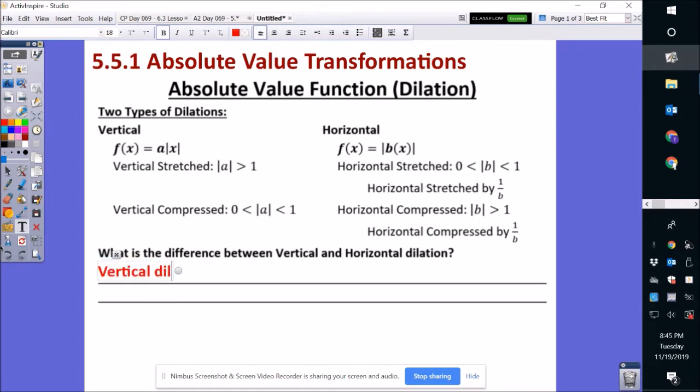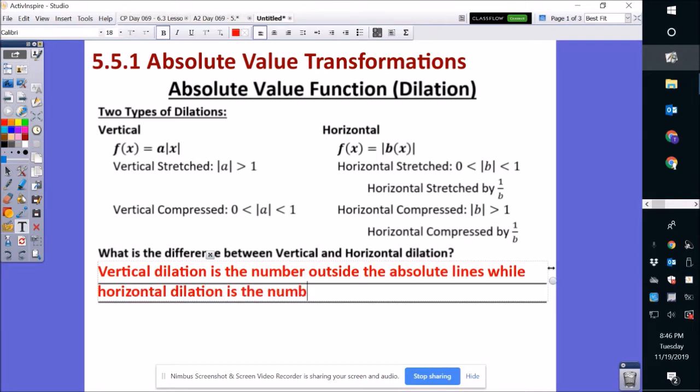Vertical dilation is the number outside the absolute value lines, while horizontal dilation is the number inside the absolute value lines. So again, that's the difference: vertical dilation is the number that's strictly outside, in front of